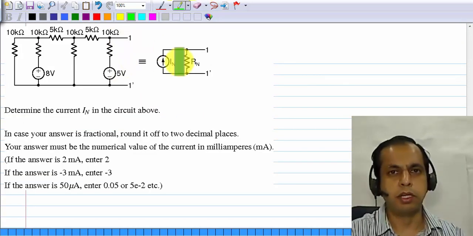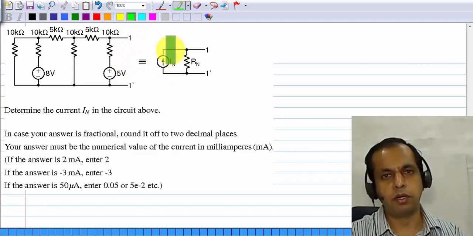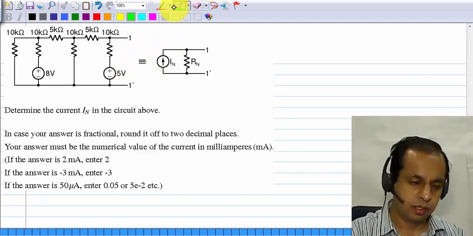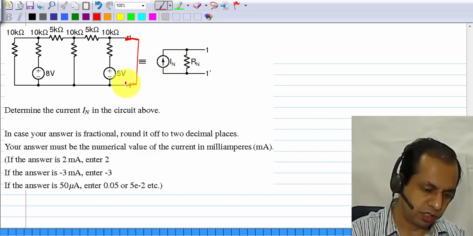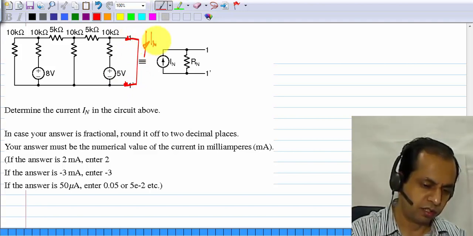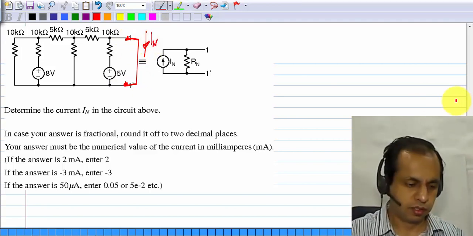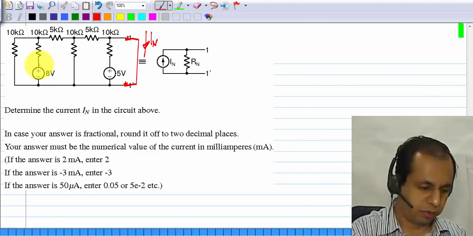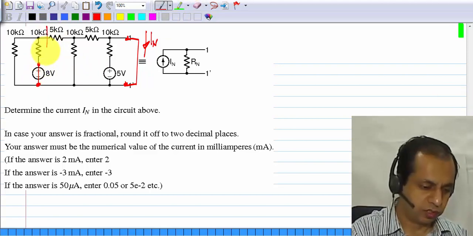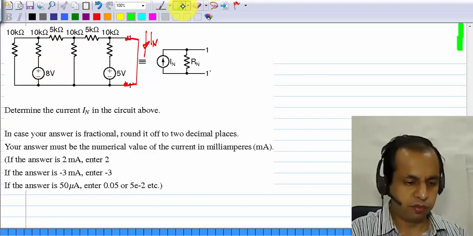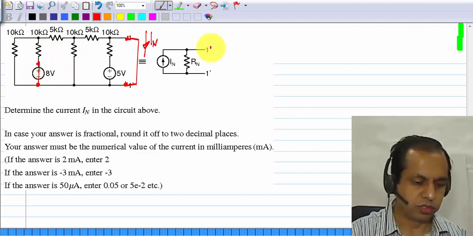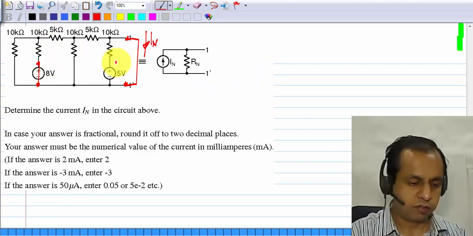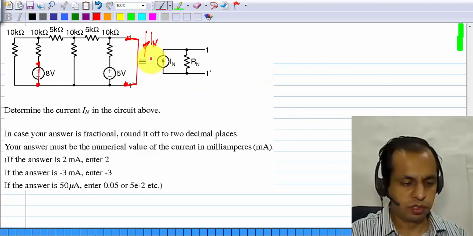Next case, a similar question, but you are required to find the Norton current instead of the Thevenin voltage, and that you can find by short circuiting this and finding the current that flows in that direction. As with the first problem, we'll use superposition. First you deactivate this 8 volt source, okay, and find the contribution from this 5 volt source, and you can